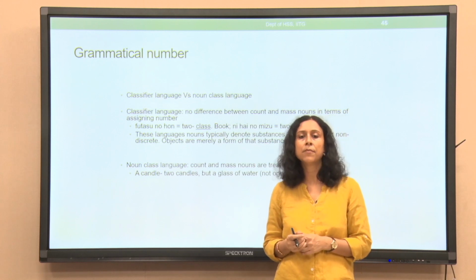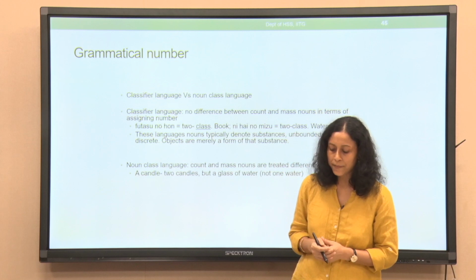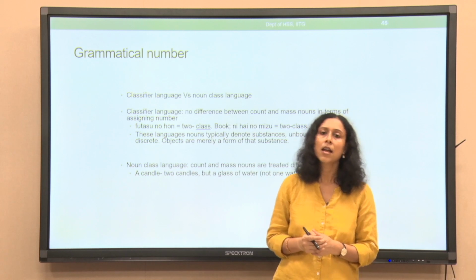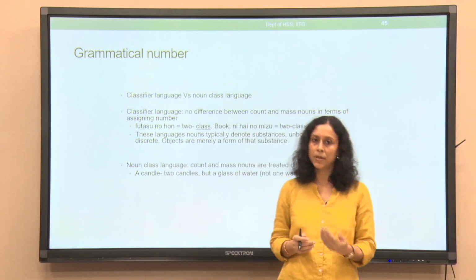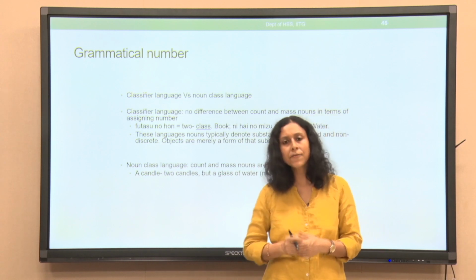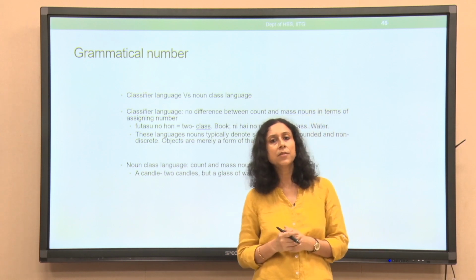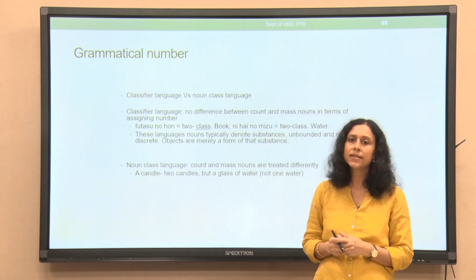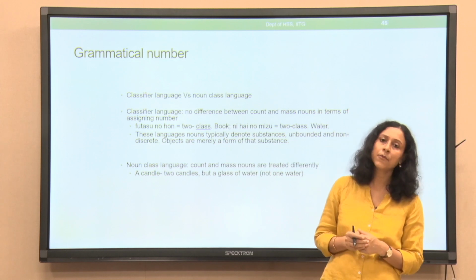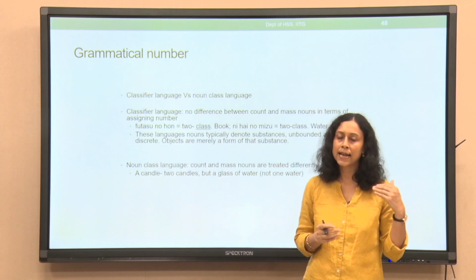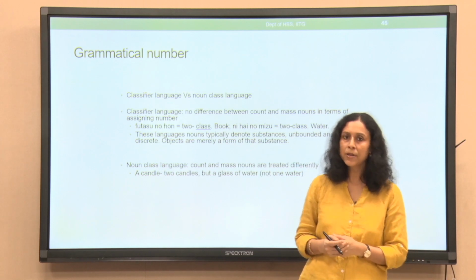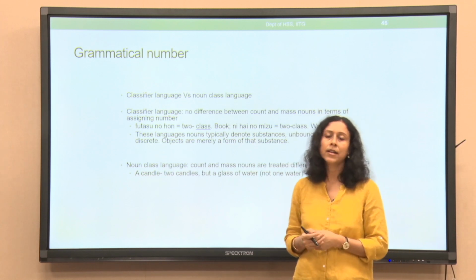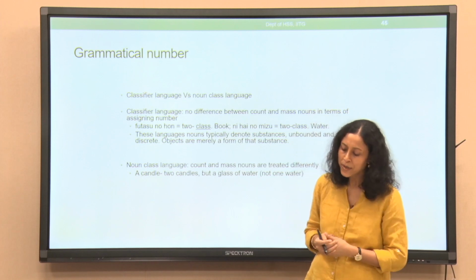We will look at classifiers in greater detail in the next segment. Numeral classifiers are those classifiers that are suffixed or prefixed to the number in a particular language. In classifier languages, the distinction between count noun and mass noun is often blurred, as opposed to languages that are considered noun class languages. Noun class languages have the possibility of assigning singular versus plural number to objects, like one book, two books, three books and so on. However, in classifier languages, it is possible to use the same